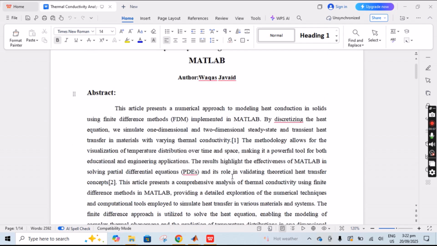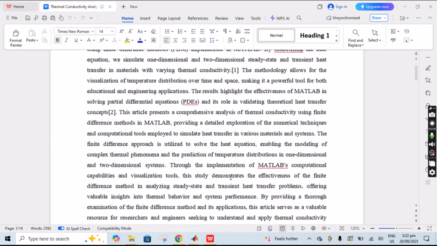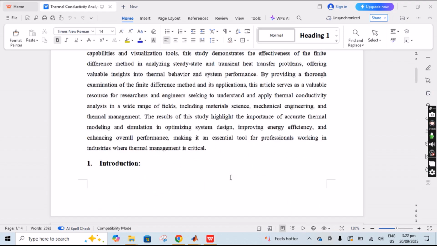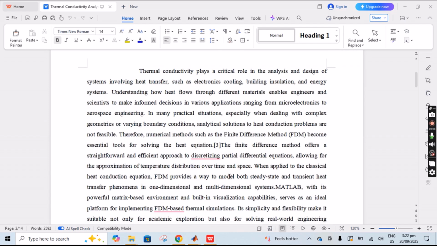So basically, this approach is used to highlight the effectiveness of MATLAB in solving partial differential equations and its role in validating theoretical heat transfer concepts. So I have written the complete steady state based thermal conductivity analysis as an abstract, and then I have added the introduction of thermal conductivity with the discretization of partial differential equations,